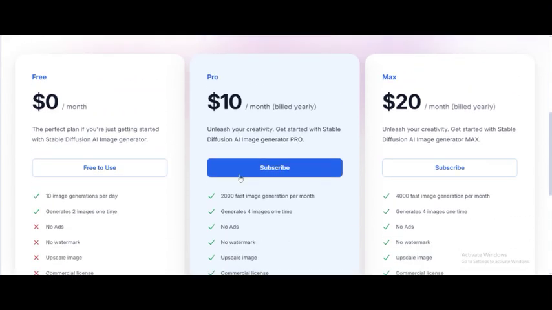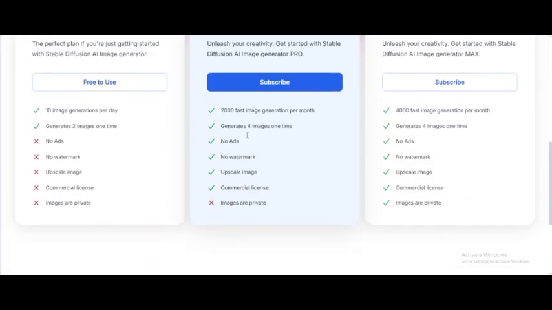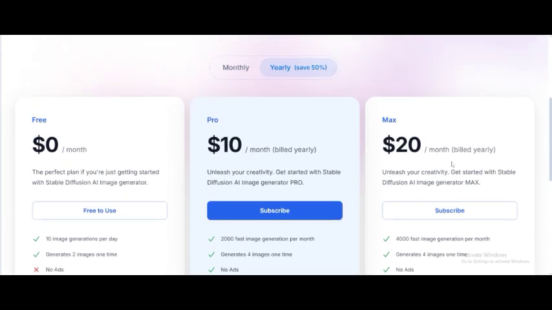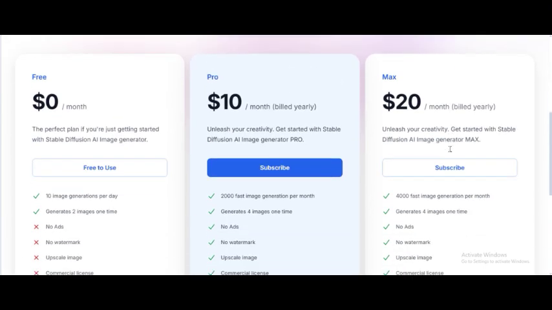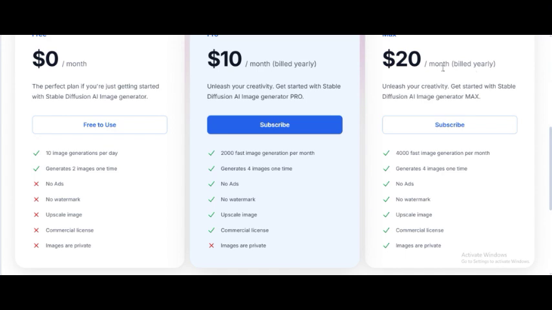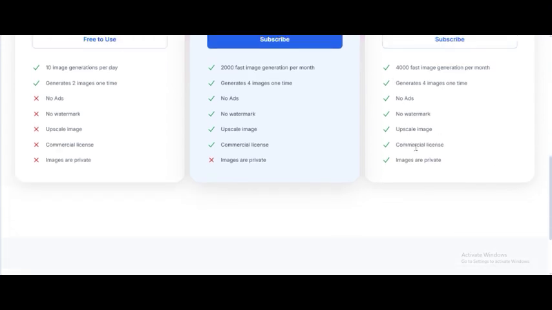So if you pay for the pro version, which is $10 per month, it's billed yearly. This is for the yearly plan. You save 50%. These are the things you get, but you still don't get private images. But when you pay $20 per month, it's the max plan, billed yearly, you get all this and